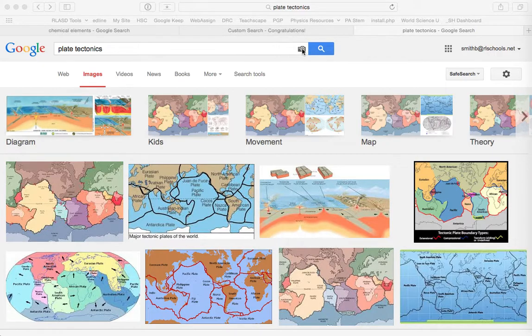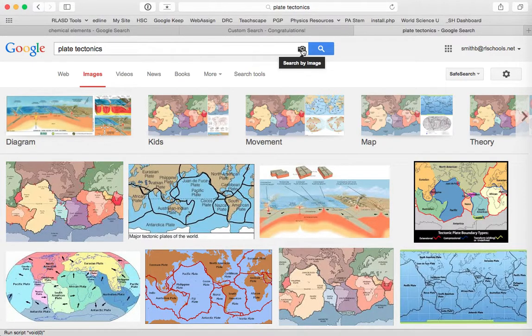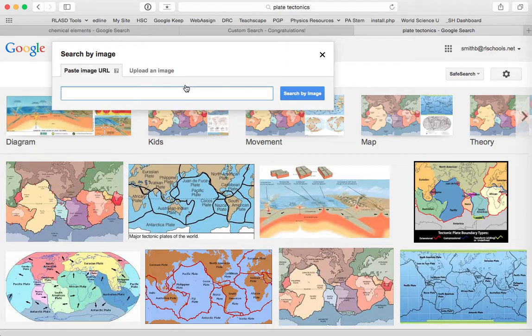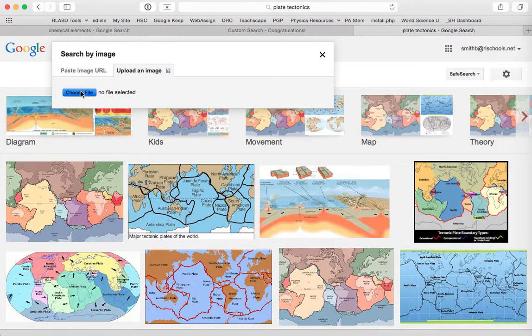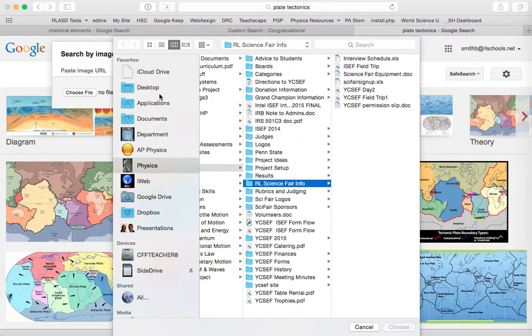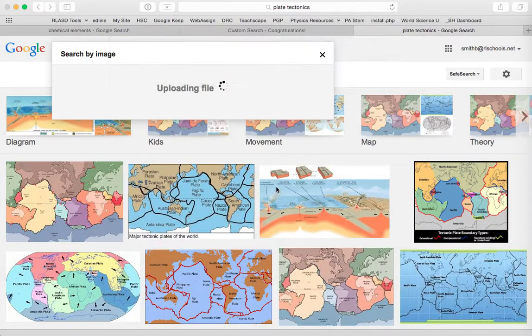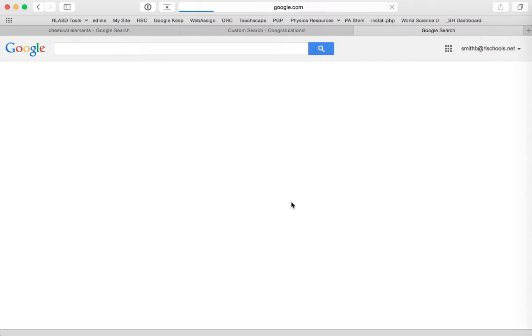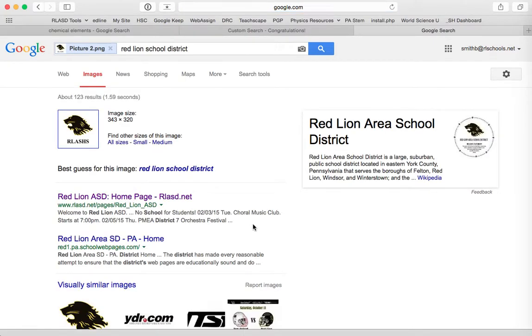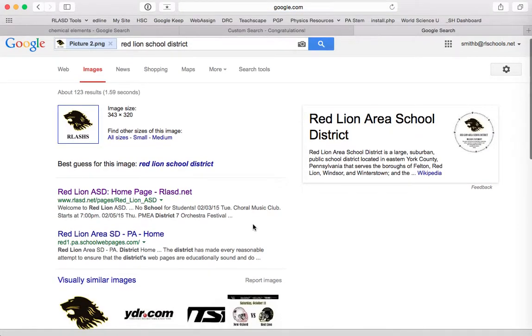And so let's suppose I wanted to do an image search on that. So if I click search by image, if I knew the URL, I could paste that in, or I can upload an image. So I'm going to upload that image that I have saved there, and it's called Picture2, and I'll hit choose, it uploads the file, and then it's going to give me a set of results of where I can find that image. And you'll notice Red Line Area School District's the first one,